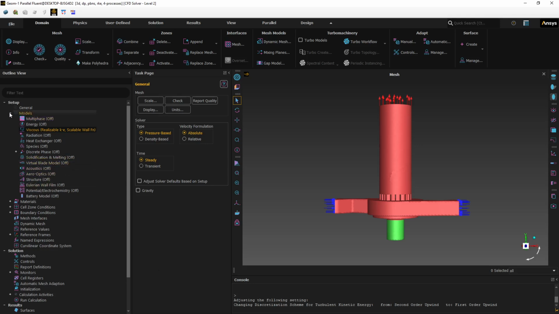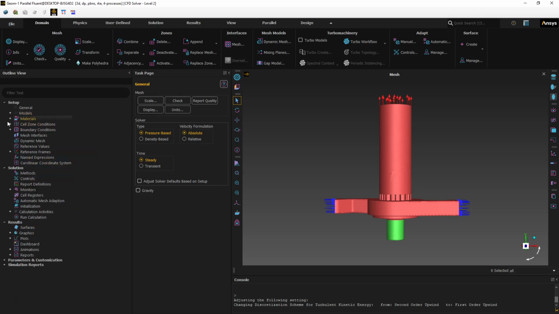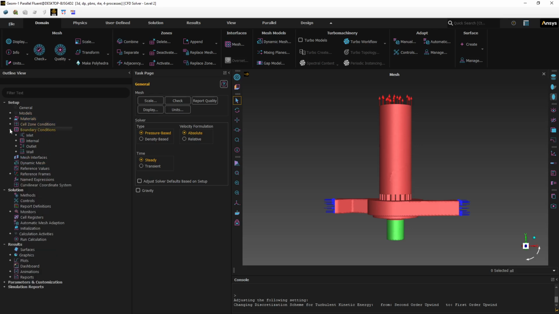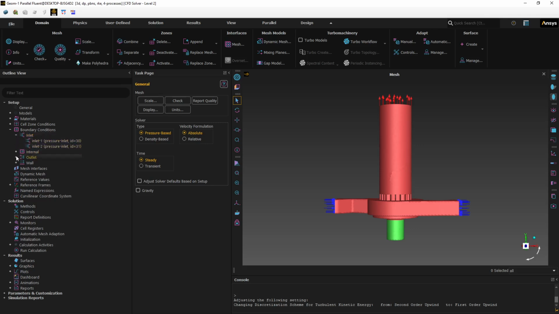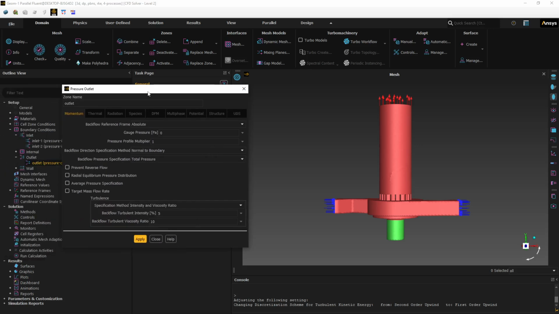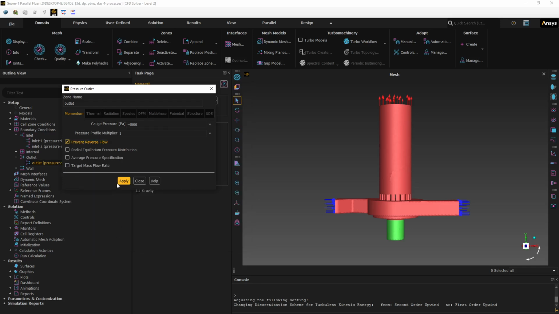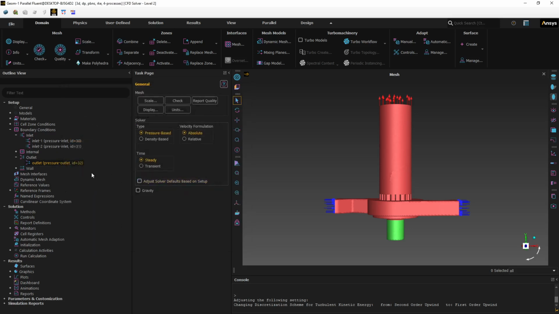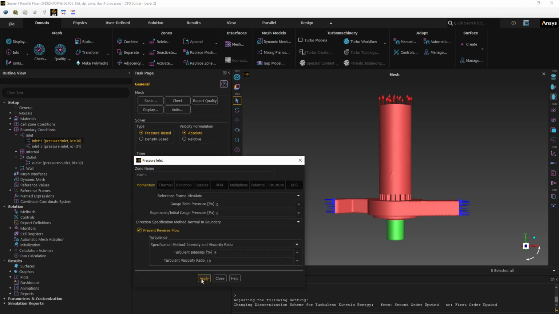And after that, we need a material, which is air by default. The boundary conditions inlet should already be pressure, and we just need to set an outlet pressure of negative 4,000 Pascal. So that's here, minus 4,000, and prevent reverse flow on that. And we'll prevent reverse flow on the inlets, though that shouldn't be a problem. But just for completeness,